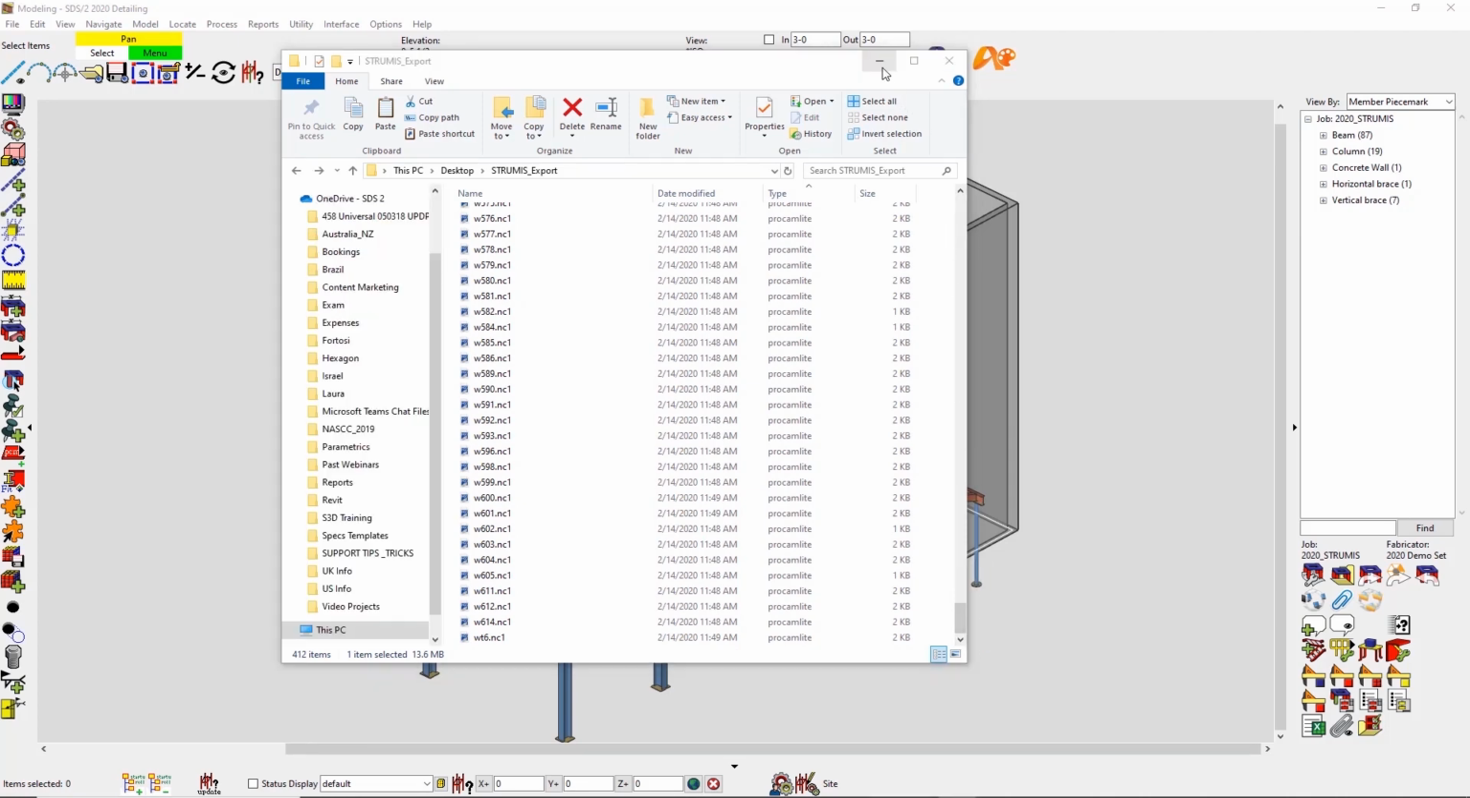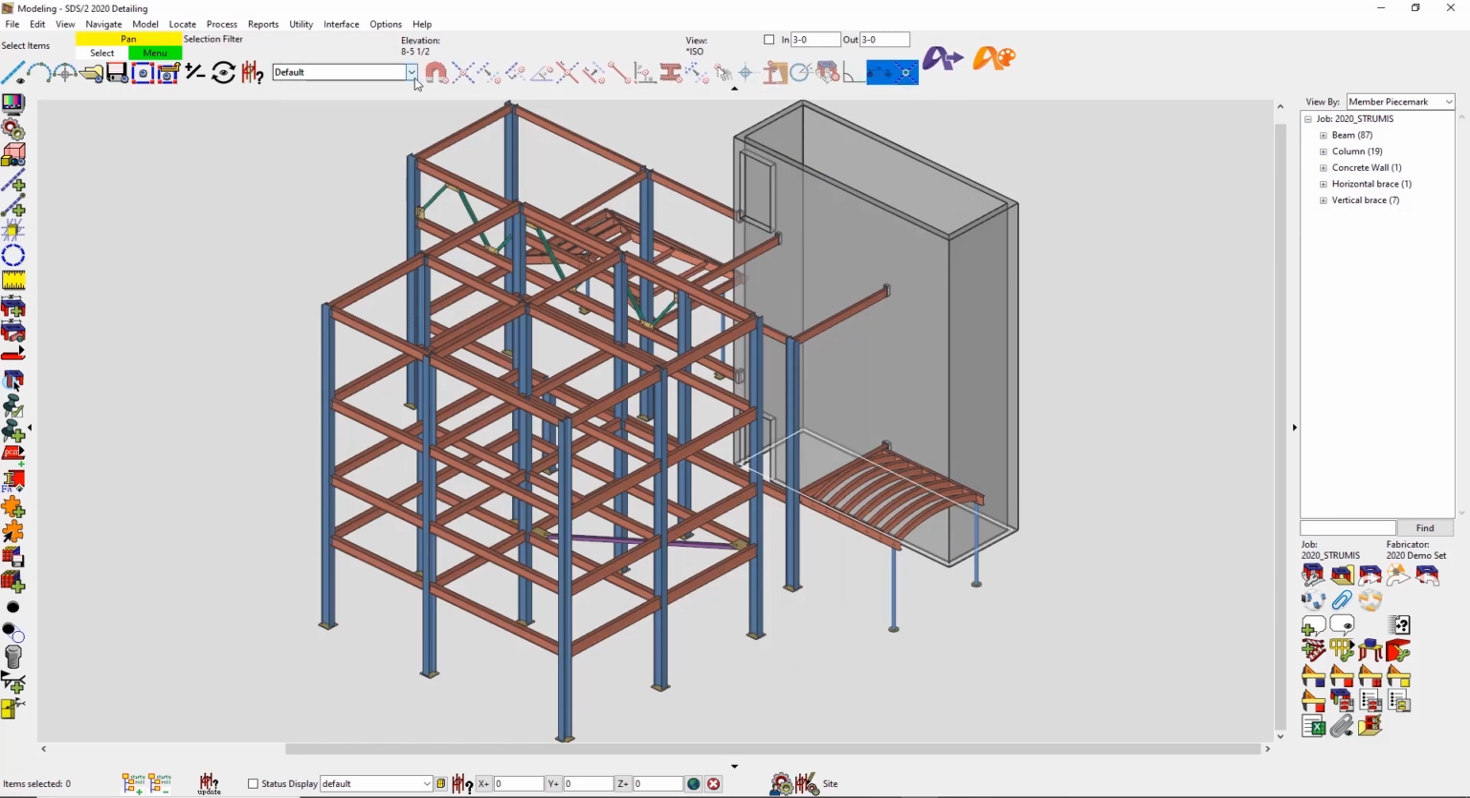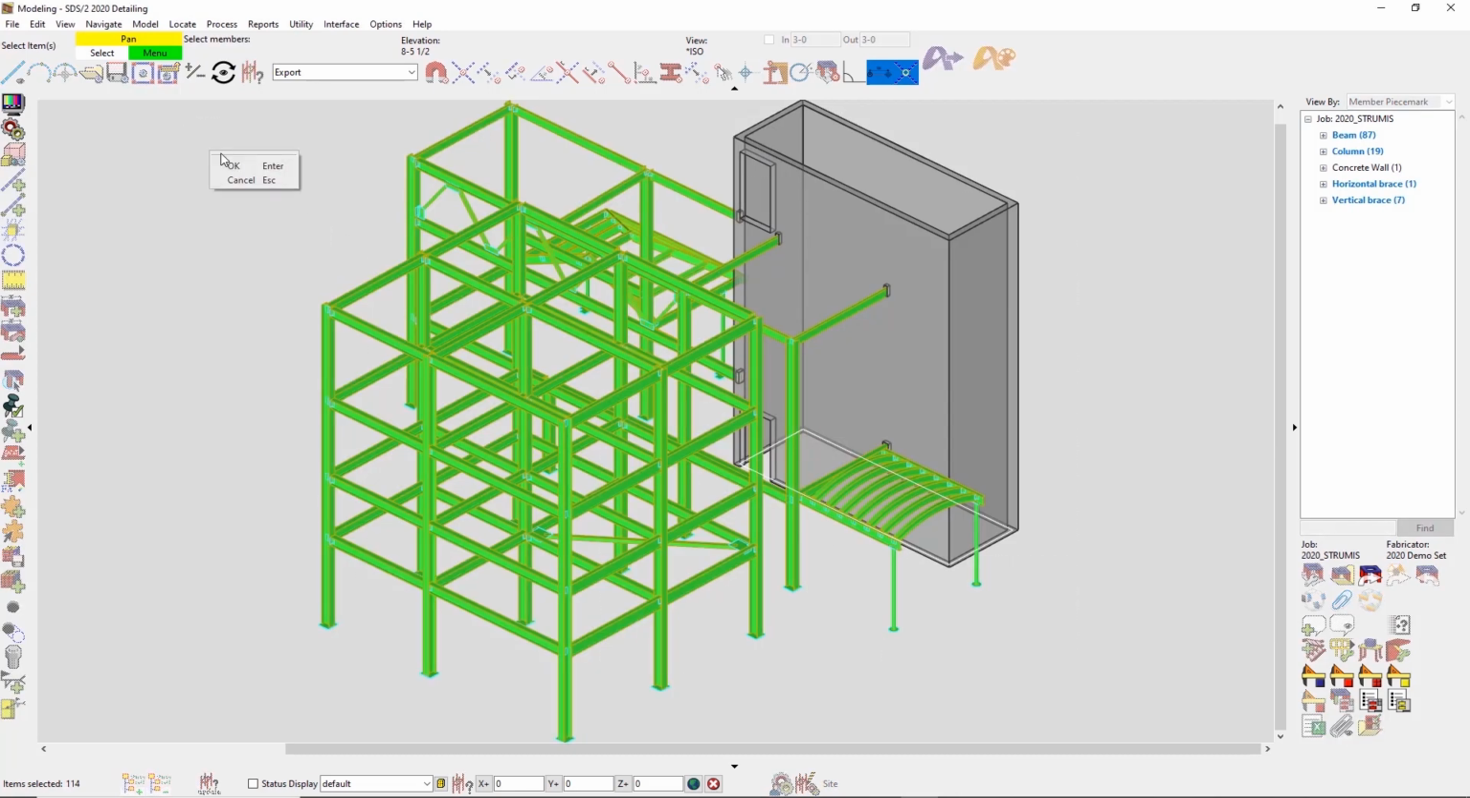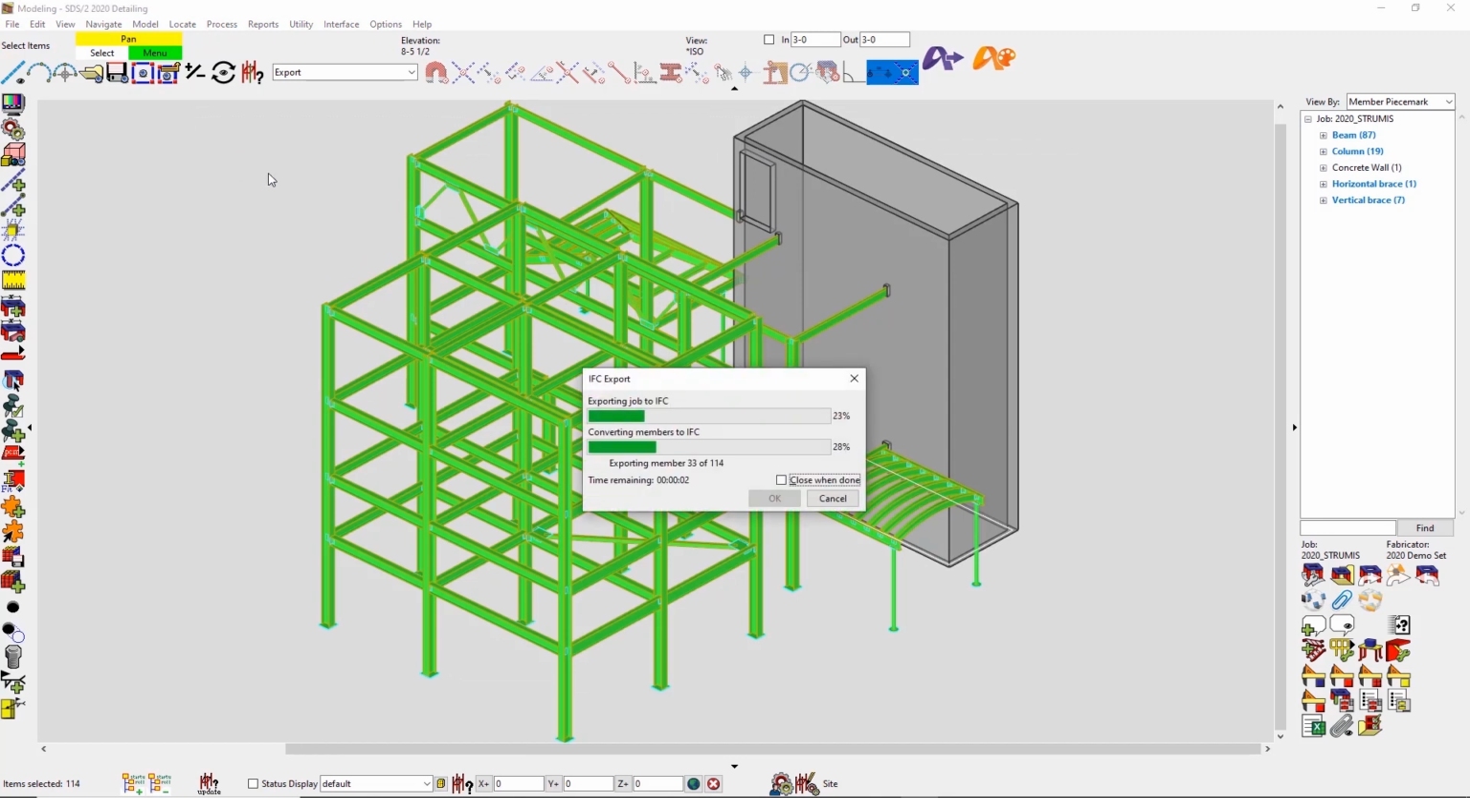While we are still in SDS2, we're going to take the extra step of creating an IFC file that we will use to show the integration between STRUMIS and SDS2 Fortosi for truck loading purposes. With that file created,